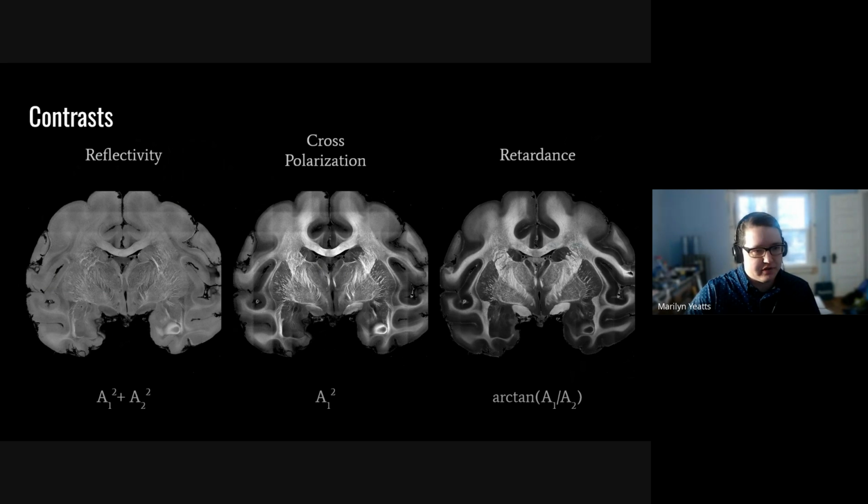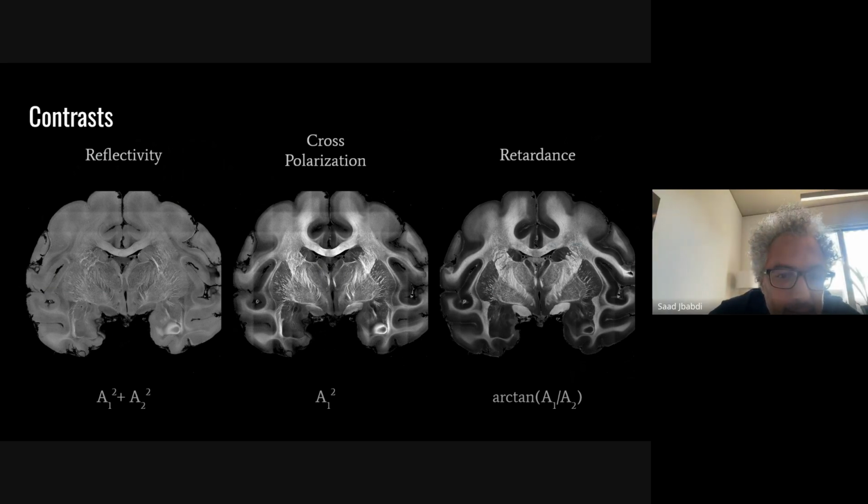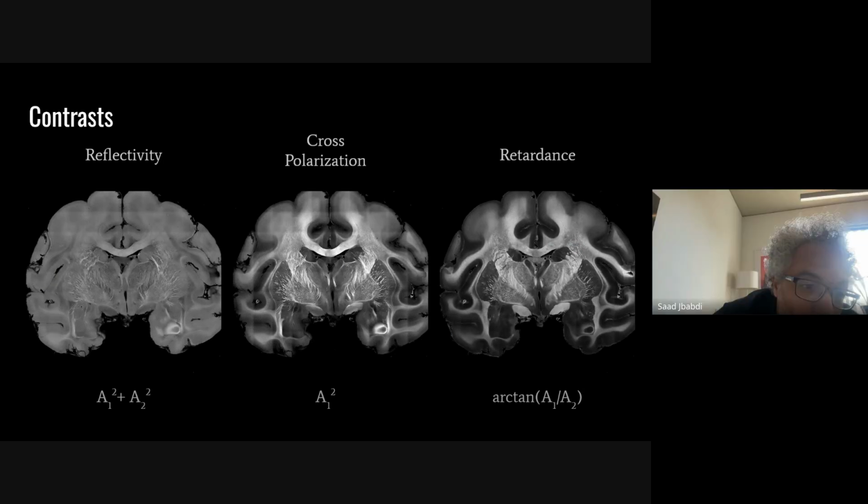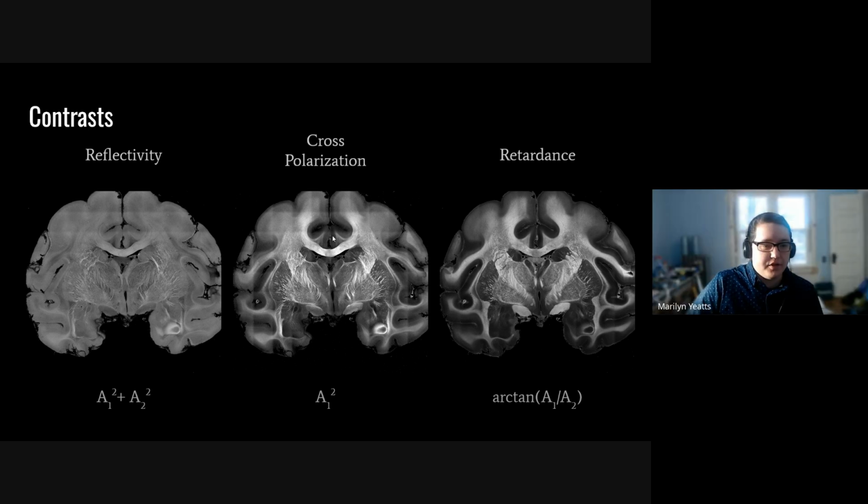So which artifacts are you specifically asking about? Not specifically on these pictures, but on other images you've seen before? I guess near the cortex, maybe. Yeah, so in this particular data set, there's a couple of artifacts